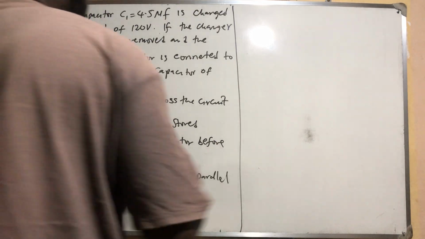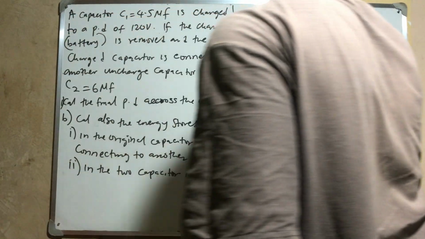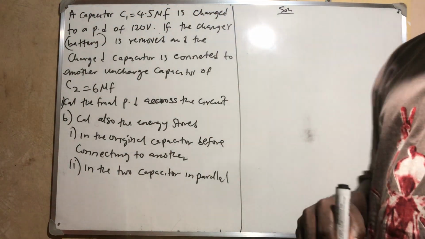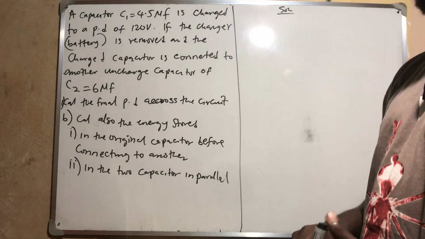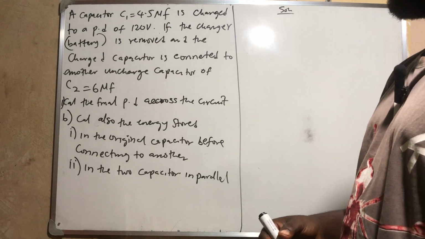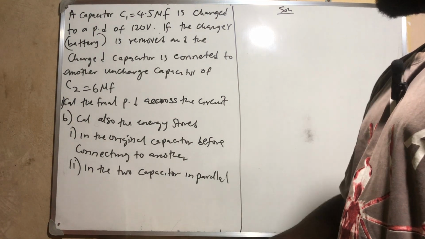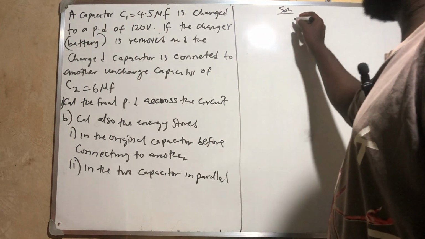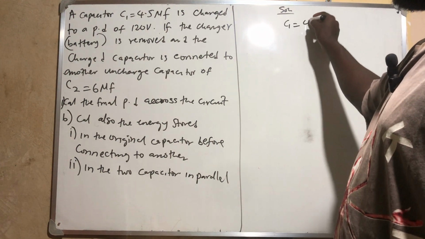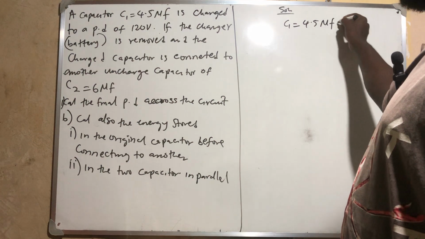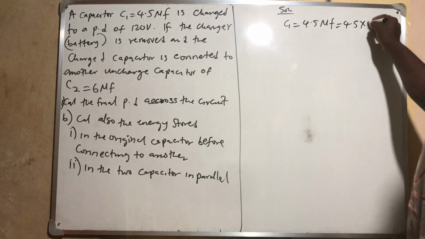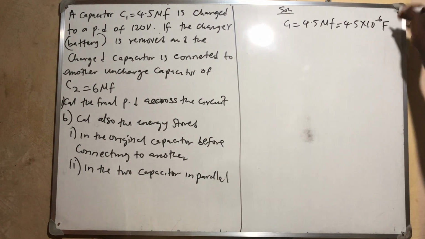In today's video, we'll be solving this question. This is a continuation of our video on capacitors. They say that a capacitor C1, they gave us the parameter: C1 is equal to 4.5 microfarad, which is 4.5 times 10 raised to power minus 6 farad,